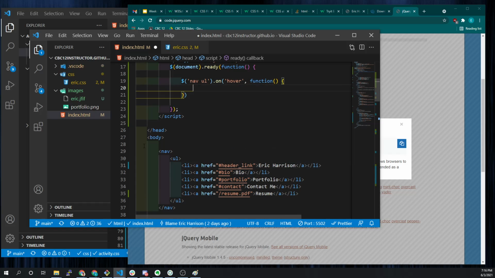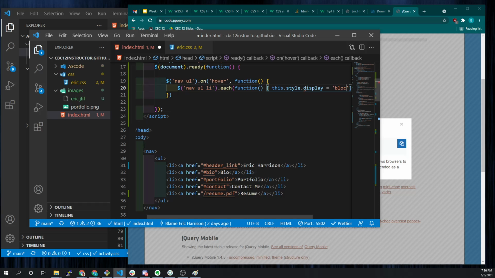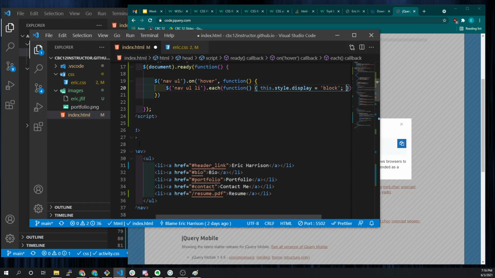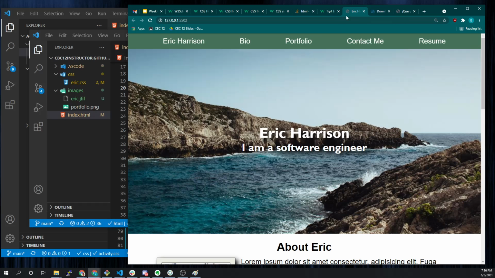I'm going to say nav ul li dot each, and we're going to say function this dot style dot display equals block. So this is one simple way, like 3 lines of JavaScript, and we've, in theory, made